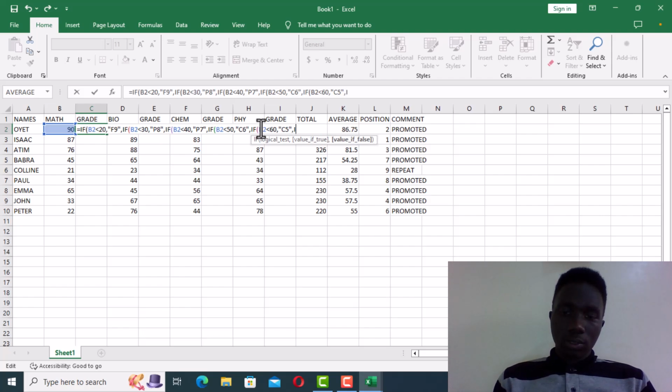then comma, if, open brackets, if b2 is less than 70, we're going to give it a C4. That's a credit. Then comma,